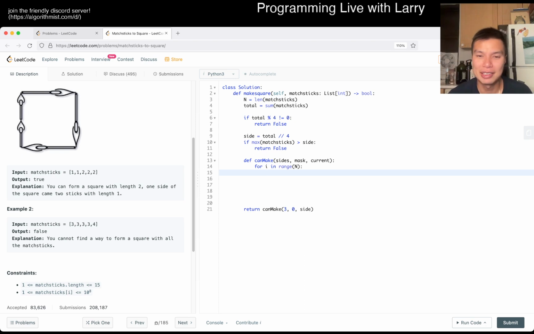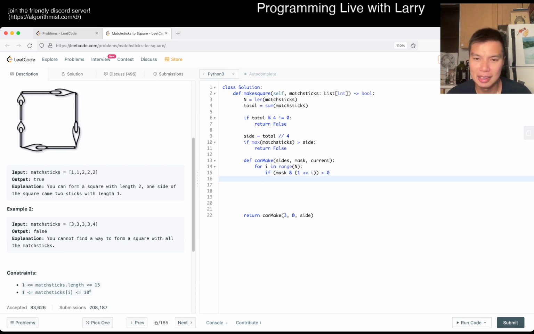So yeah. Anyway, so if mask is not used, whoops. So this is what we said earlier. If this is non-zero, that means it's used; if this is equal to 0, then we haven't used it yet. So then we can try